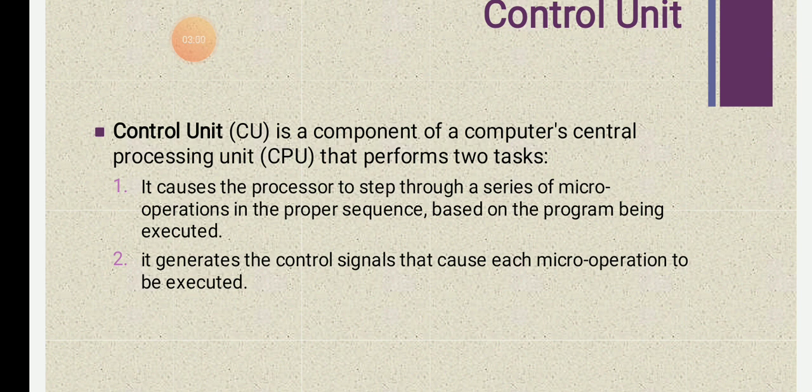In many computers, the control unit and the ALU are integrated into a single block known as the central processing unit. So what is that central processing unit? Some features are there. First one, CPU is considered the brain of the computer. CPU performs all types of data processing operations. It stores data, intermediate results and instructions, that is the program. It controls the operation of all the parts of the computer.